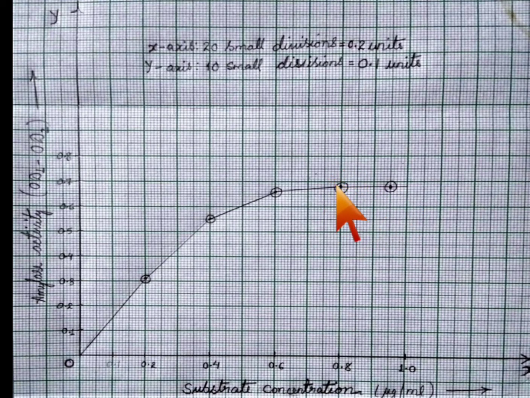That is why you can see that even if you increase the starch concentration to 1 microgram per ml, the activity of the enzyme still remains constant as compared to this low concentration. So what happened after this point of saturation? Even if I increase more of the starch concentration, if I add 1.2, 1.4, 1.6, you will find that this slope will remain constant. You will get a straight line here. That means the enzyme activity now will remain constant. So you can see that with increase in substrate concentration, the enzyme activity also increases until it reaches a point of saturation where the enzymes are saturated with substrates,